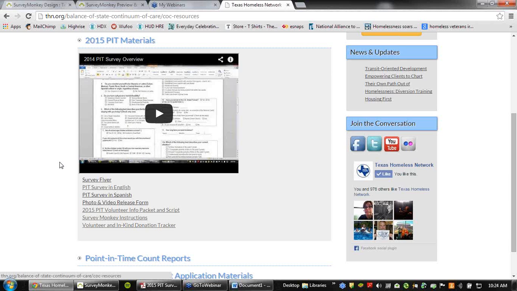Sure. Yes. The nice thing about the mobile app is that you don't have to be online. But if you take the SurveyMonkey, you would need to be online. So there would need to be Wi-Fi service or some sort of 3G, 4G service available. Or if you're at a shelter, you could definitely be sitting at your desk with your clients in front of you and filling it out that way. So, it's kind of up to you what you want to do as far as that's concerned.